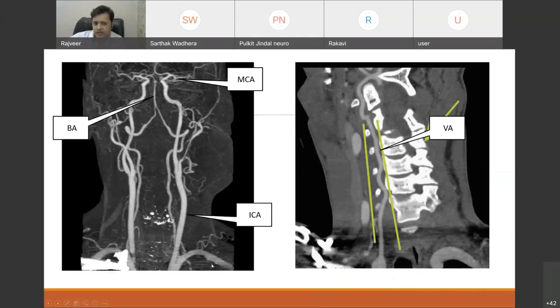So in neuroimaging, you should be able to identify these major blood vessels. This is the ICA going up, and then this ICA bifurcates into two vessels. This is ACA and this is MCA. And then this is the vertebral artery going up, joining to form the single basilar artery, and then it again divides into two parts. In another image, you can clearly see the vertebral artery between the spinous processes, going inside. So you should be able to make out the major vessels at least.